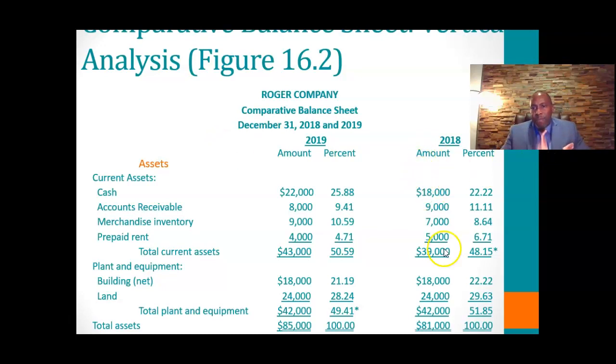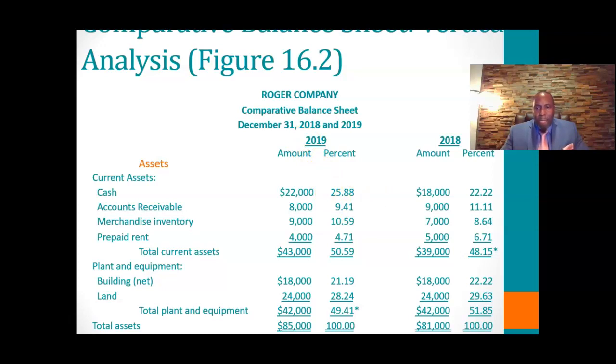So here you have the 2018 numbers on the balance sheet, the assets, and it shows their percentage. So in 2018, cash represents 22.2% of our total assets, where in 2019, it increased to 25.88% of our